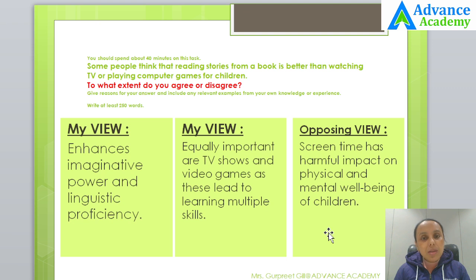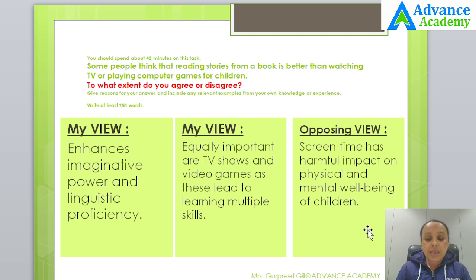So whenever you write an agree disagree essay, always make two paragraphs in order to develop two reasons why you think in a certain way, and the third paragraph should be given to the people who might oppose your opinion. You must write their reasons why they oppose the particular opinion. So in this way, the agree disagree essay would demand you to think about three main ideas, two reasons for your opinion, and in each paragraph you are going to write only one idea. You would be developing them and adding an example for each of them. And the third paragraph would be the idea related to the people who might like to oppose your opinion.